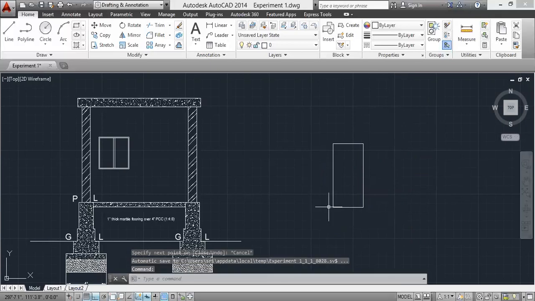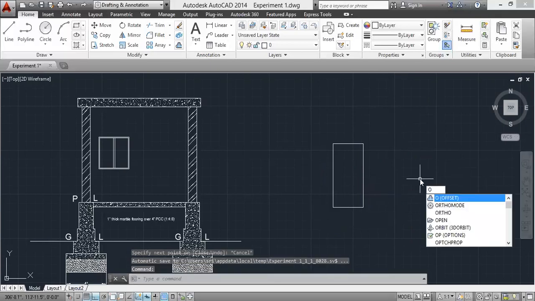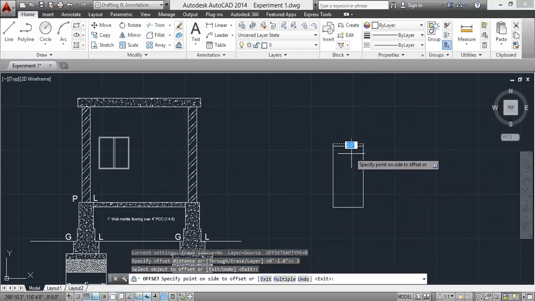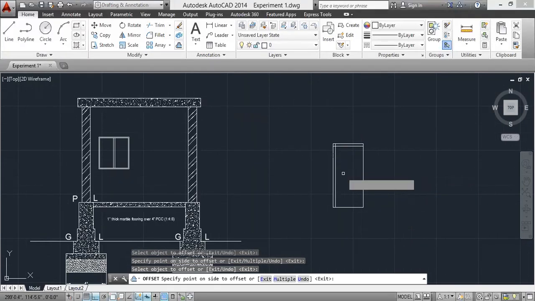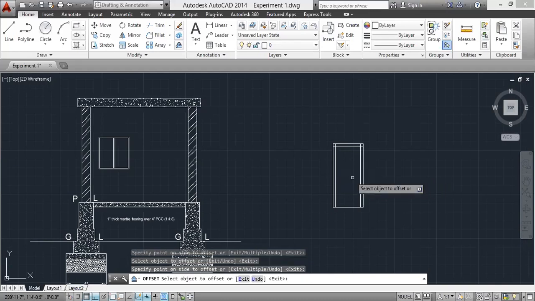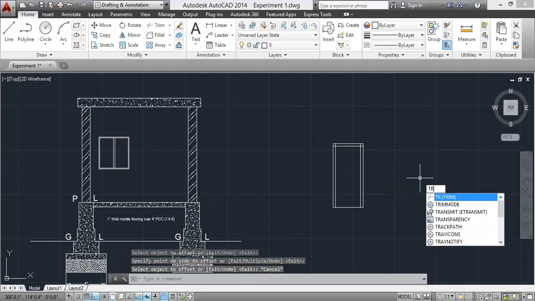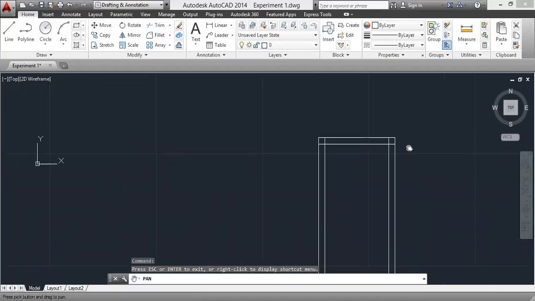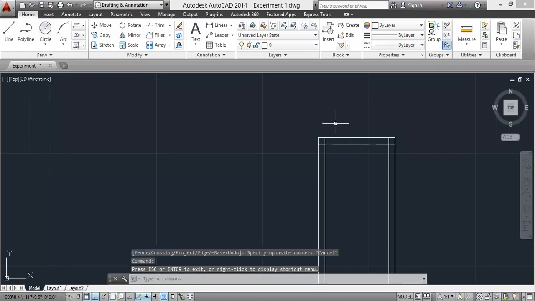Okay. Now I'll be giving offset 3 inch. Select this one, select this one. Now delete the extra lines, TR double enter.